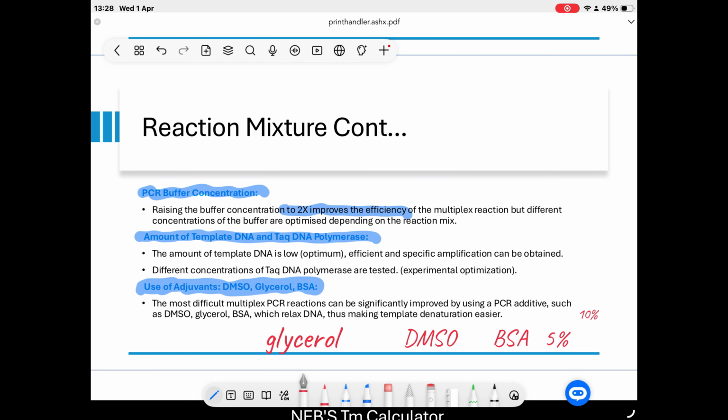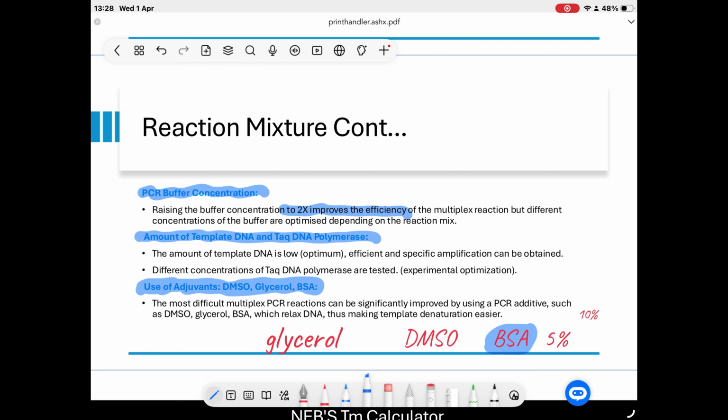And what about BSA? Bovine serum albumin. It's a protein. Why add a cow protein to a multiplex DNA reaction? BSA doesn't interact with the DNA, it interacts with the environment. In clinical samples like blood, feces, soil, there are numerous naturally occurring PCR inhibitors, like high bile salts or humic acids. These inhibitors bind to Taq polymerase and deactivate it. So the BSA is like a shield. More like a molecular decoy. It's a large, sticky protein that binds up those inhibitors, sequestering them away from the Taq. Furthermore, BSA prevents the Taq polymerase from sticking to the plastic walls of the reaction tube, keeping it suspended in